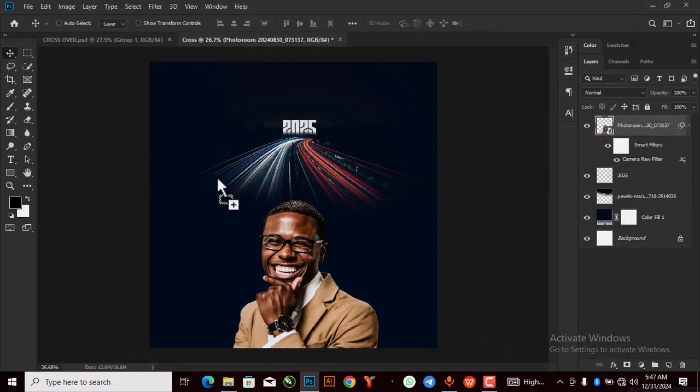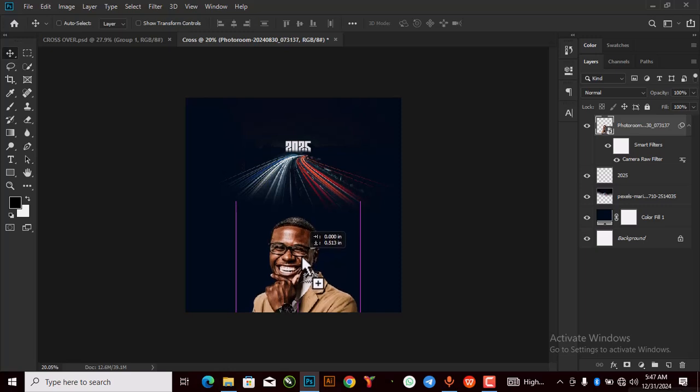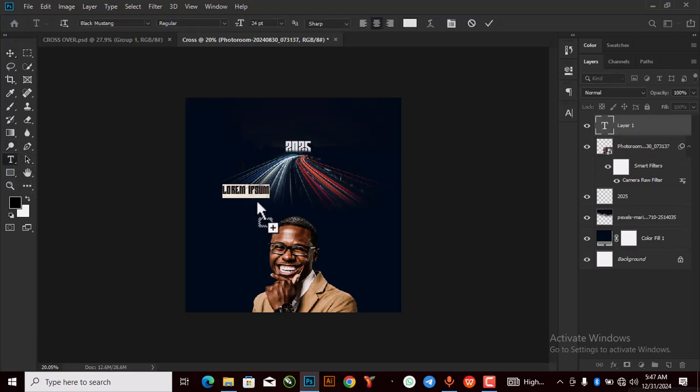All I need to do is to check this. As you can see, it's making the image pop more, so I'll just need to bring it down a little bit. All right, so after bringing it down a little bit, I'm just gonna pick my text tool also and type crossover, cross,